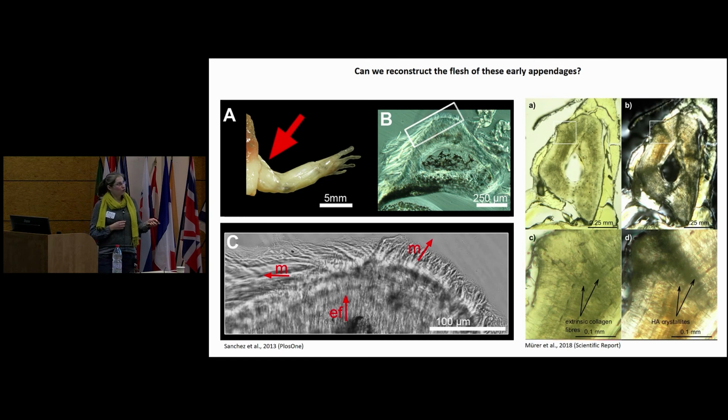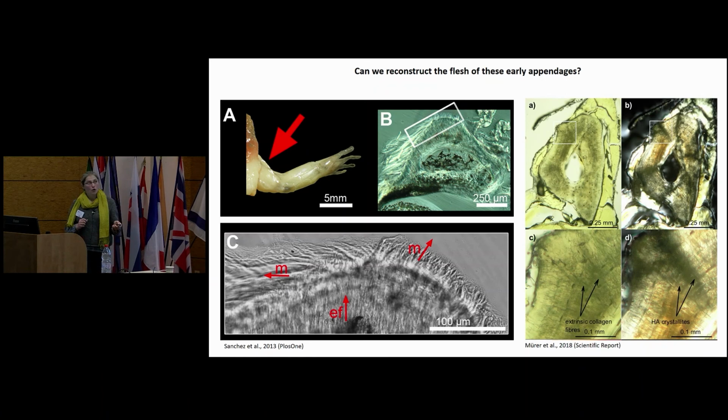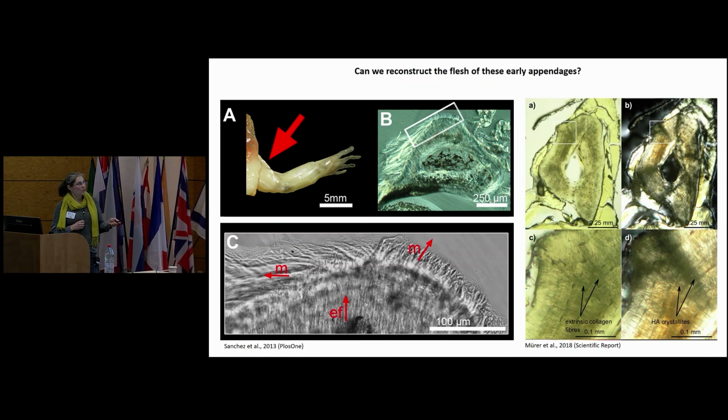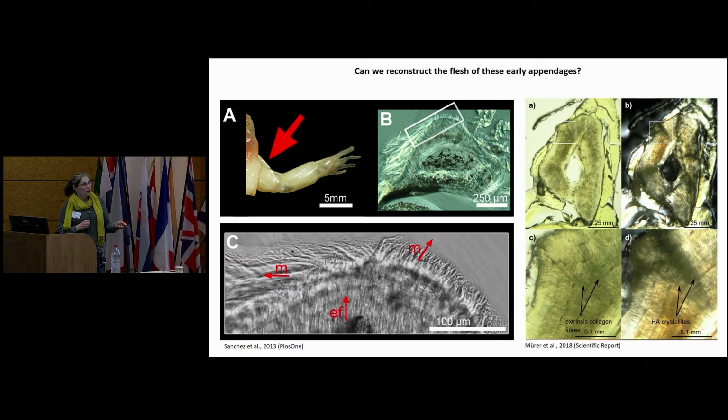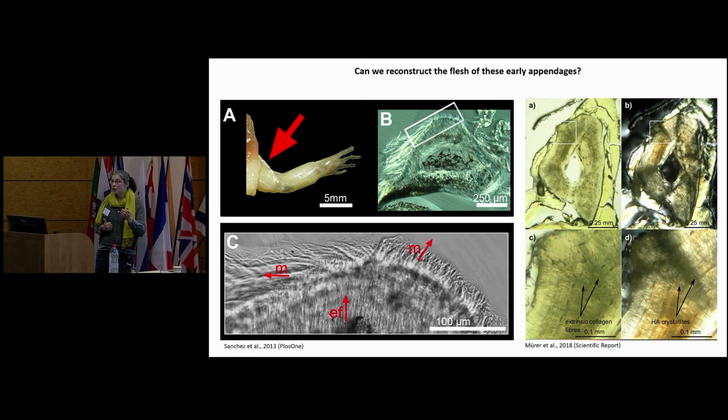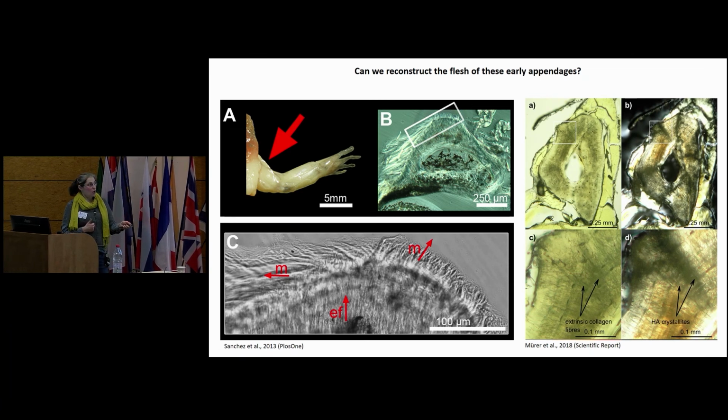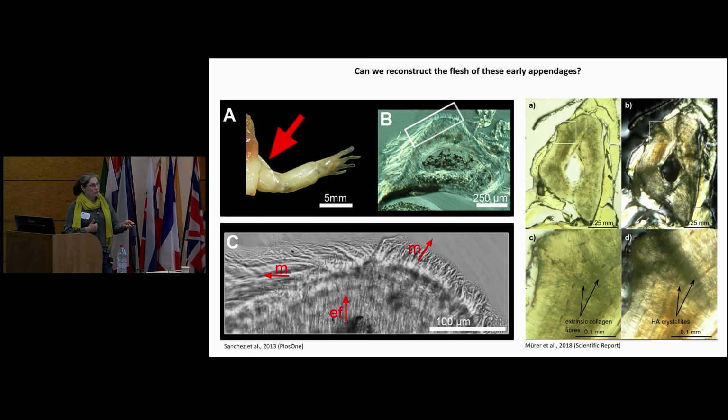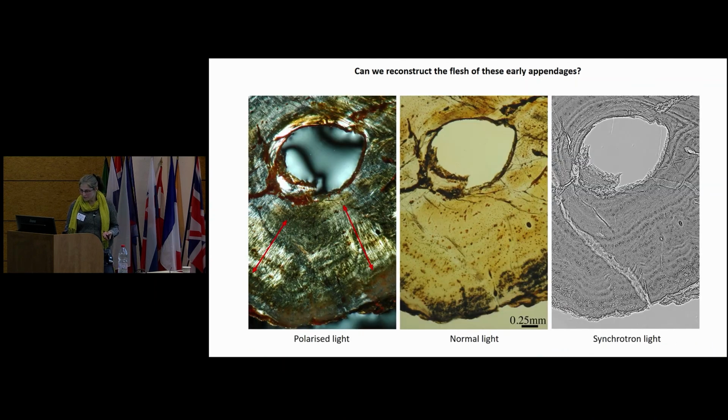It's not really obvious with natural light. You see that you have a disturbance of the structures, but it's pretty obvious with polarized light. Here you see that you have a darker structure, which is different from the rest of the bone. With polarized light, you can actually get information about the orientation of the apatite crystals. So all the apatite crystals embedded in the bone that are oriented towards you appear bright, and those which are dark are parallel to the screen. And this is how we investigate the muscle insertions in the fossils.